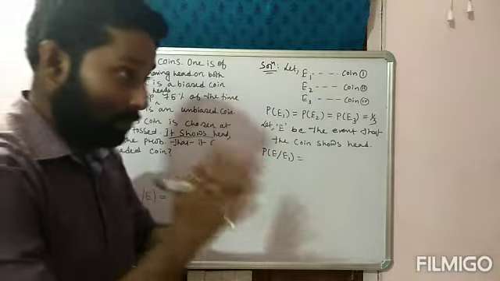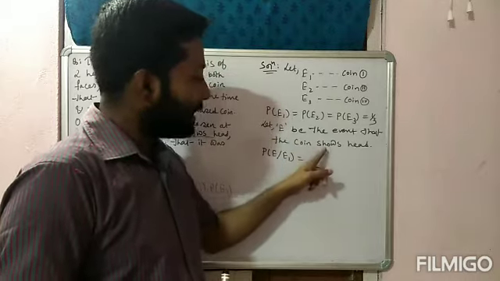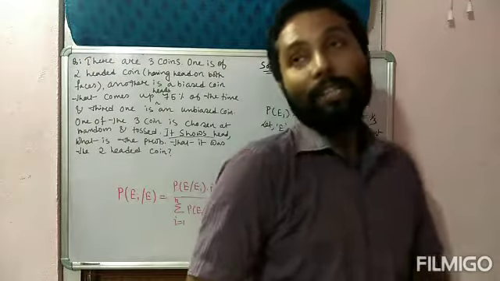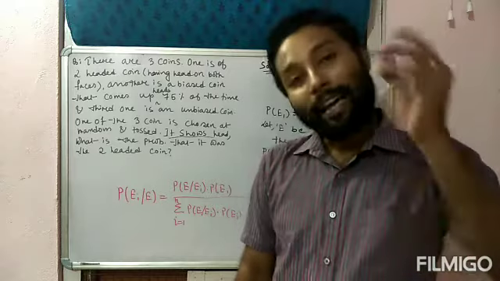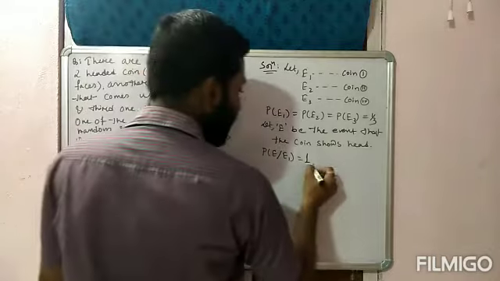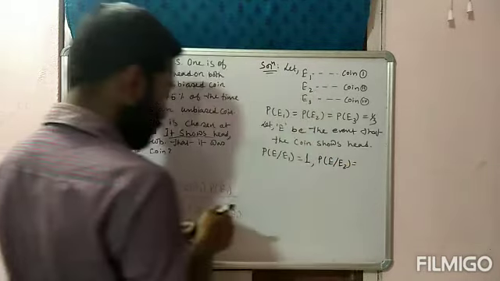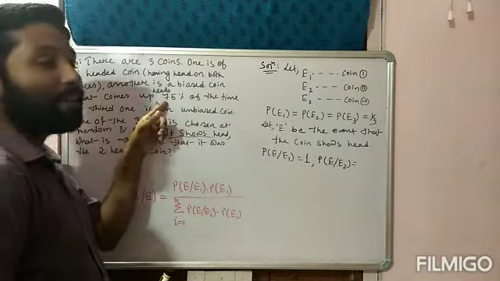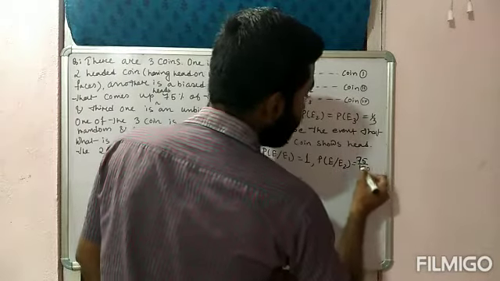फिर से एक बार ठीक से सुनो कैसे वैल्यू फाइंड आउट करना है. E slash E1, what is E? According to our question here, E represents the coin shows head. E1 means the first coin. Since the first coin is a two-headed coin, जैसे भी टॉस करना है हेड ही आएगा. So that means the probability is always 1. Probability of E slash E2: E means it shows head, E2 means second coin, and second coin gives 75% of the time head. So that means 75 by 100.